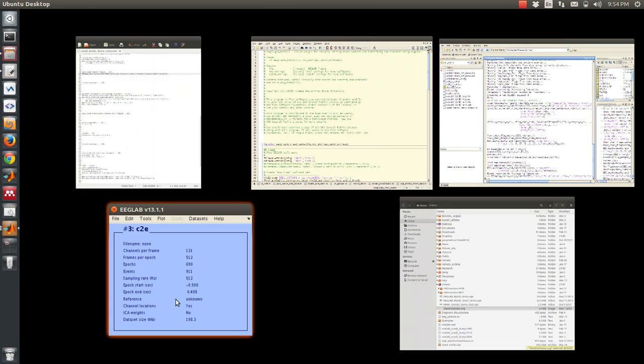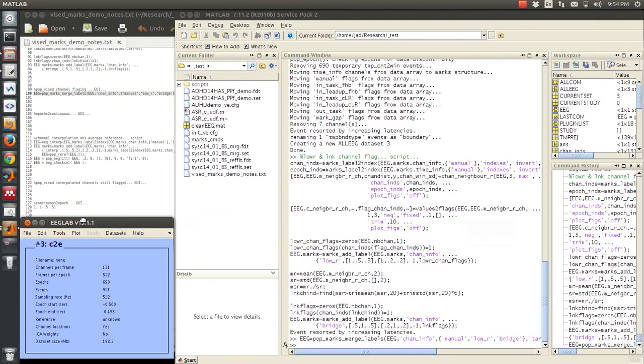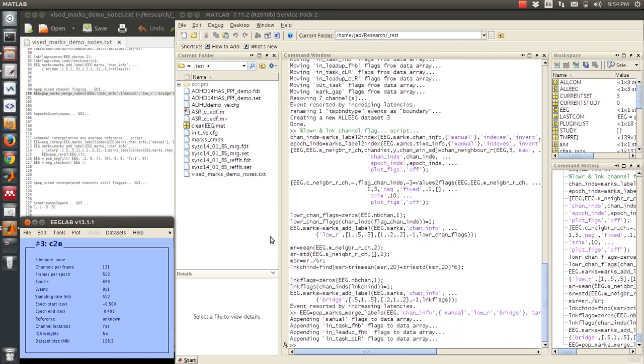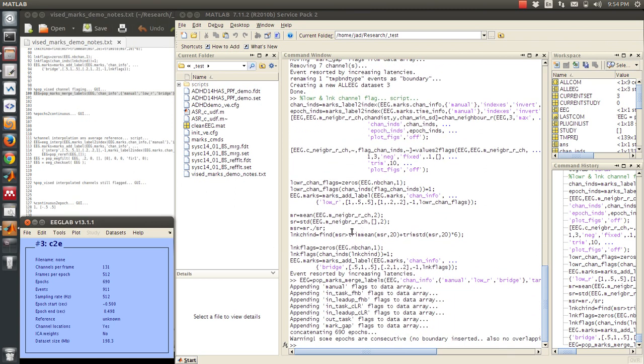So at this point, I've done this calculation because the data were windowed, and I can go to marks, and then I can concatenate the epochs into continuous data. So this is going to bring everything together, and then we can plot this as continuous data again. And then from there, once it's continuous data, we can re-reference the data and then filter it